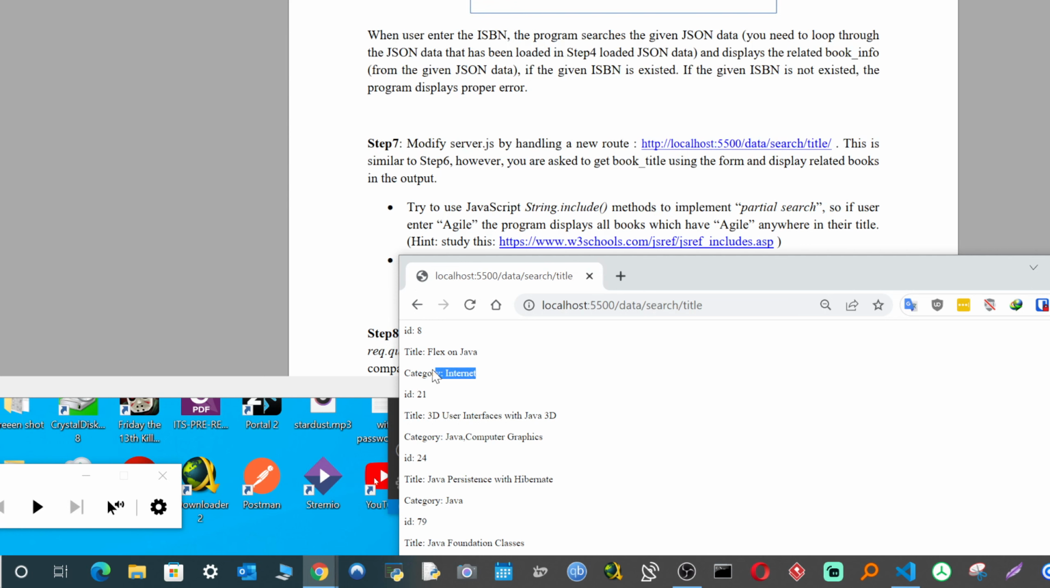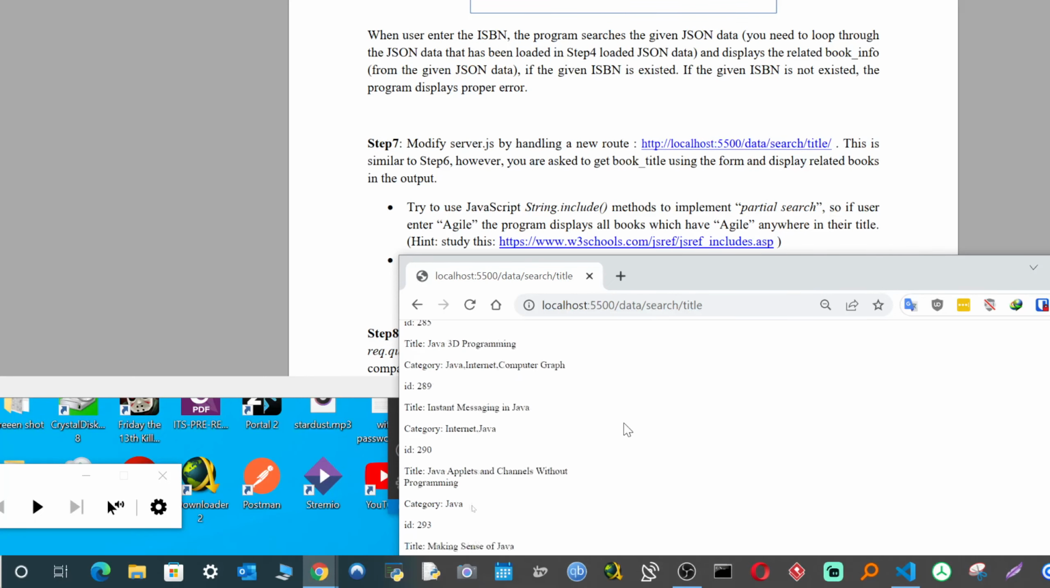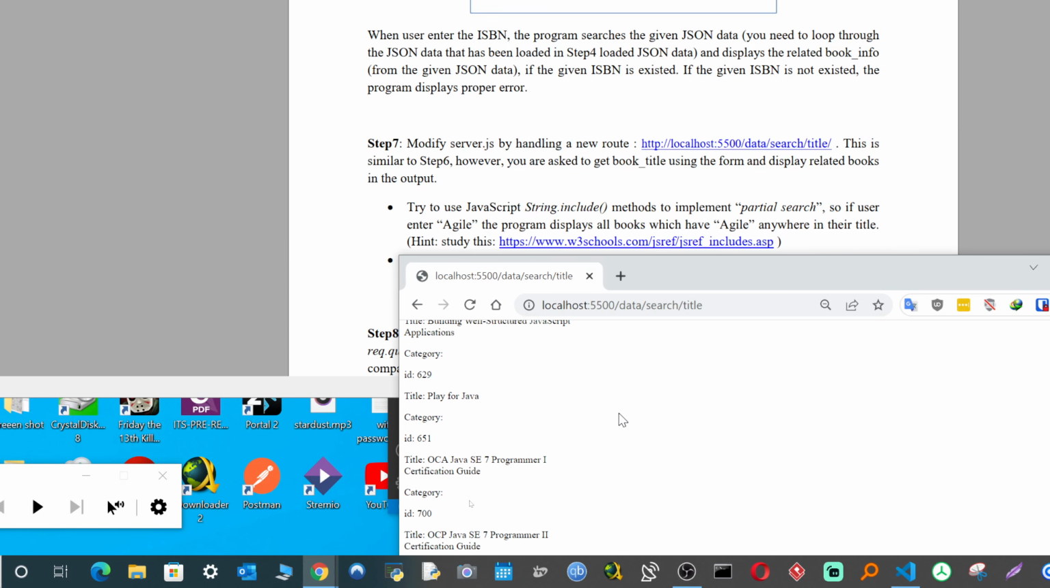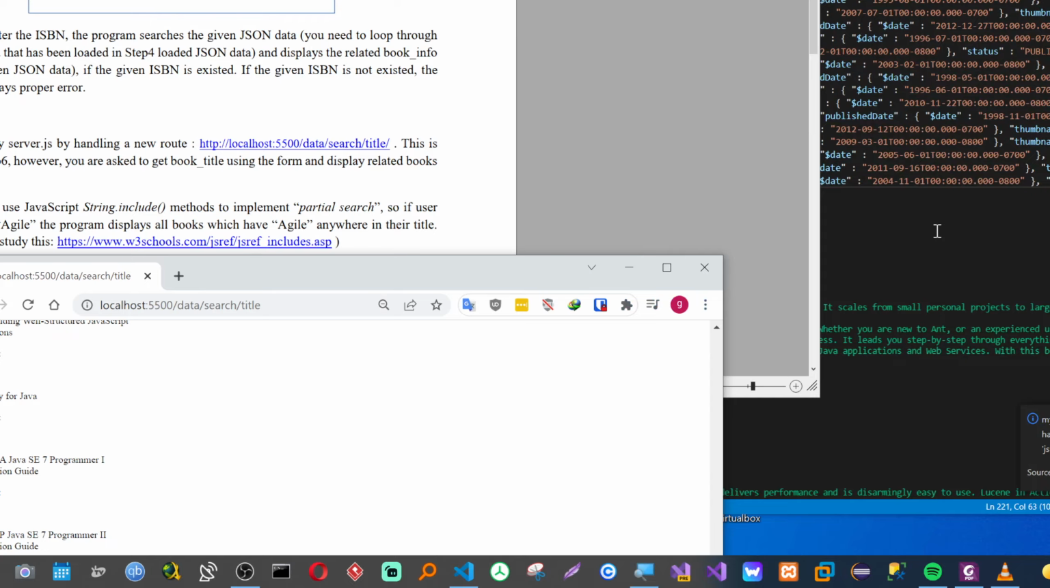So we found more than one. The first book is Flex on Java, and the second book is User Interface with Java, and so on. We found so many books, and we display all of them. For step 7,